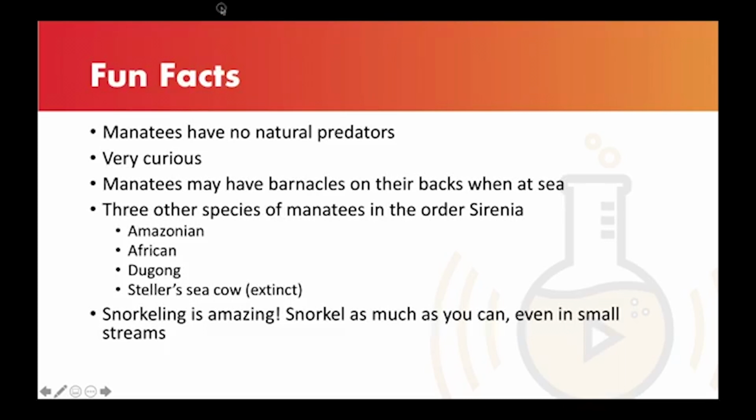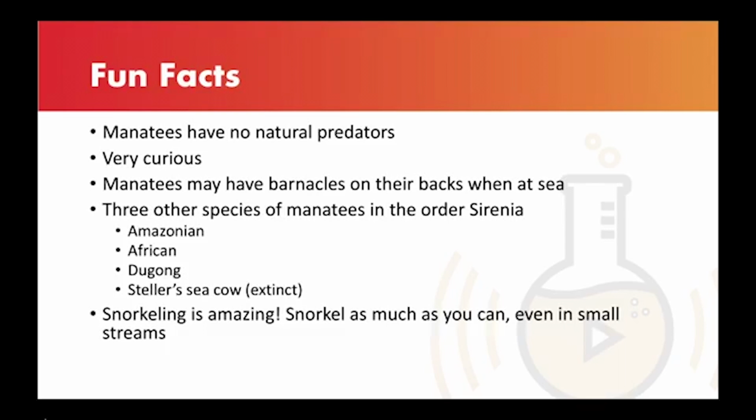We often focus on what we can see more than anything else. And especially in aquatic ecosystems, in freshwater and marine ecosystems, it's difficult to really know what's going on unless you can see it. We can measure things, obviously, but it's really fun to just snorkel in streams, see crayfish and other fish, and even in your small streams, aquatic insects, and just how things move. You can see the movement of the water, the movement of the rocks in the stream. It's an incredible experience. So I'd encourage people to snorkel as much as you can, even if it's a small stream by your house, as long as it's safe to do so there.